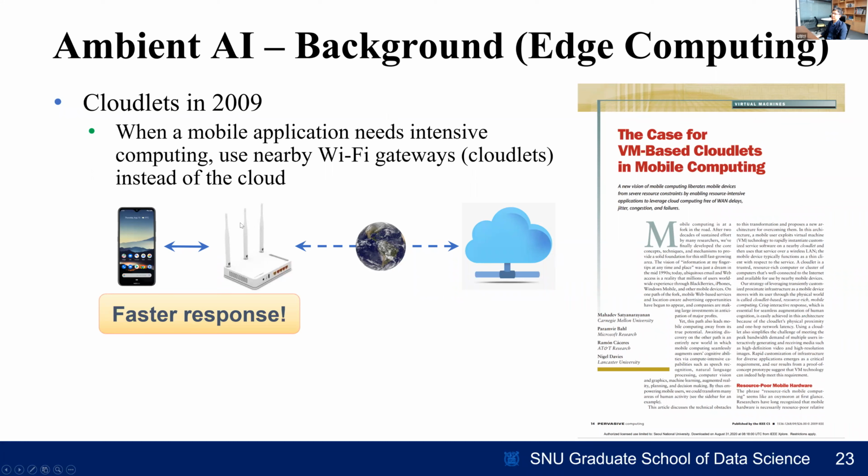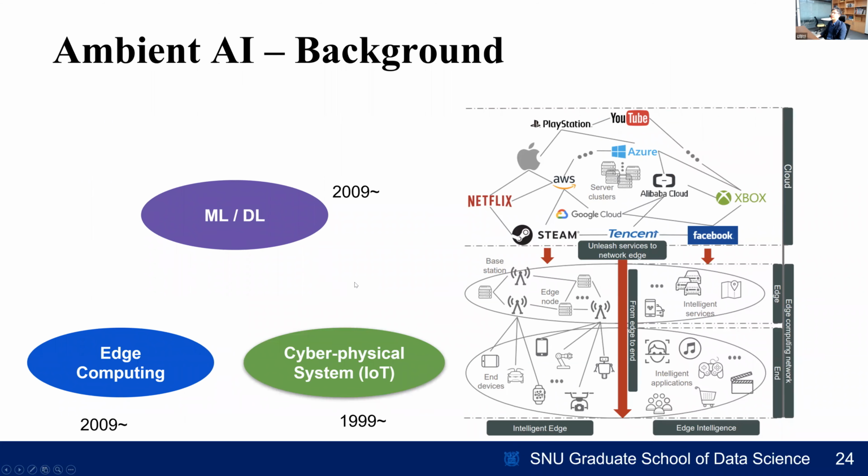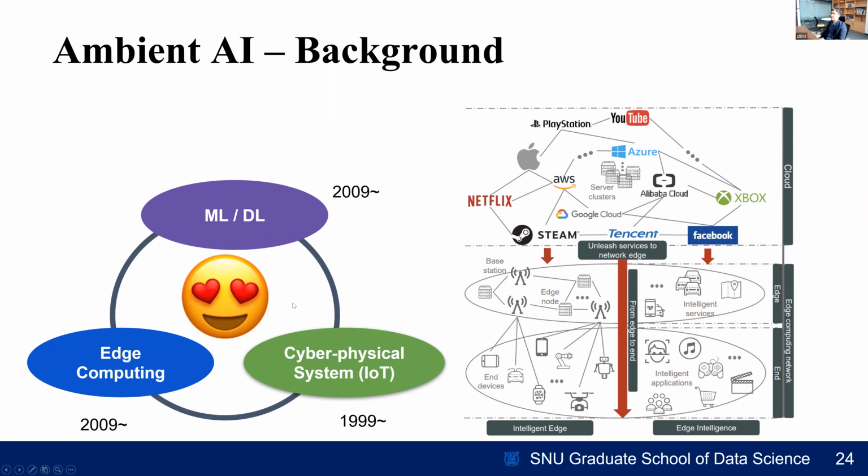So from that time, lots of edge computing paradigms have emerged, such as fog computing, dew computing, and mist computing. Basically, whatever between the cloud and the edge, right? They are slightly different, but mostly similar. And finally, I want to conclude this chapter by saying that ambient AI is at the intersection of all the 3 pillars I've mentioned: AI models, IoT, and edge computing.